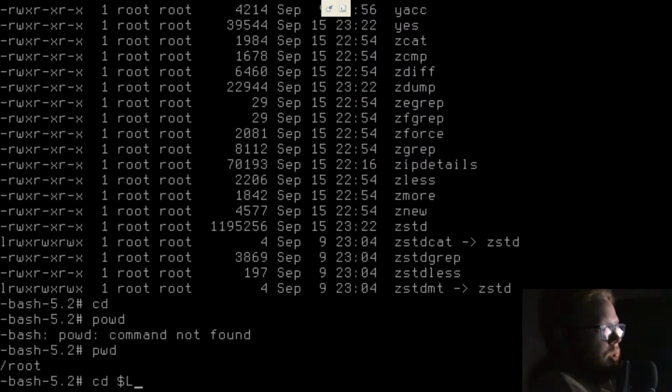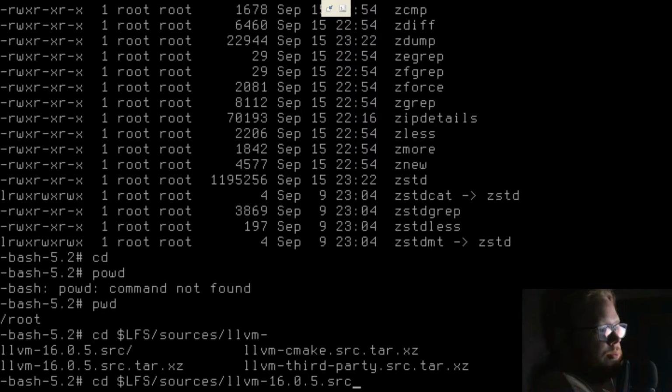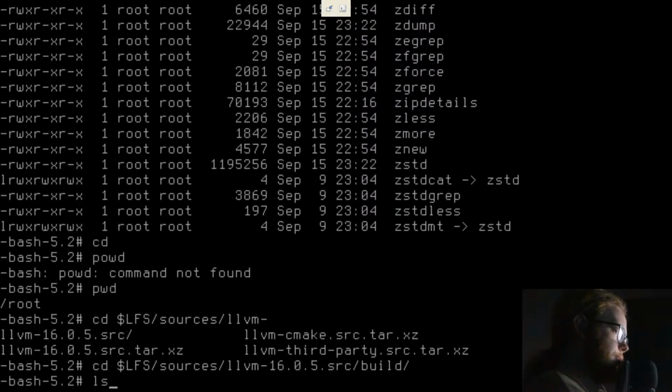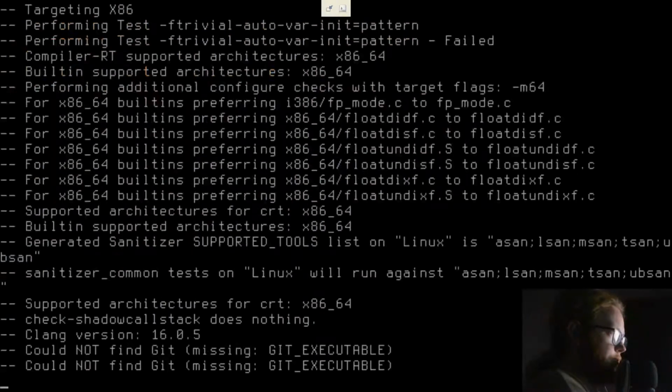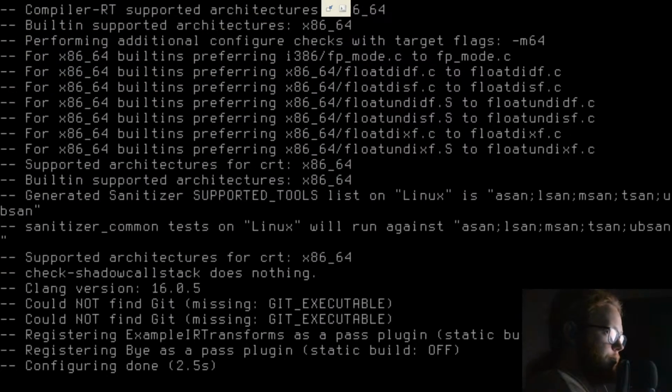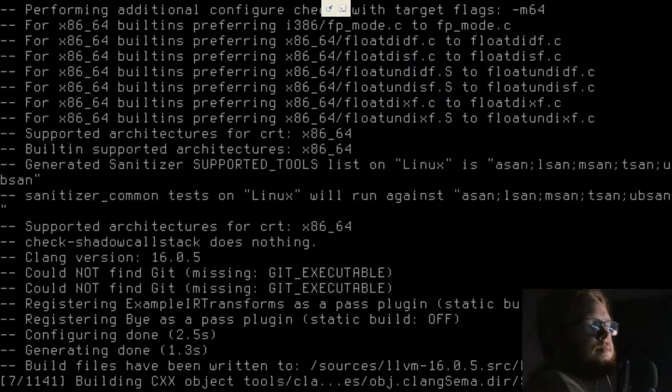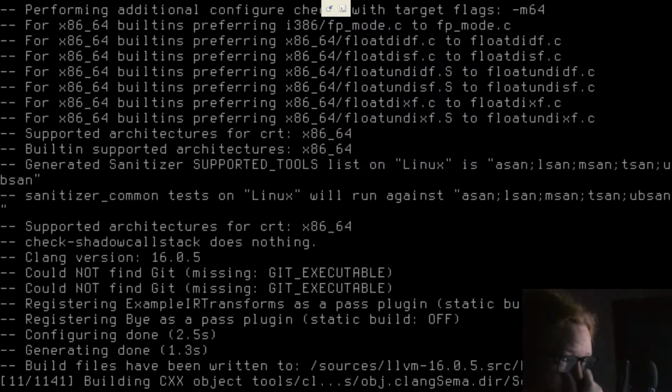cd LFS/sources/LLVM, ./build. It shouldn't do it.